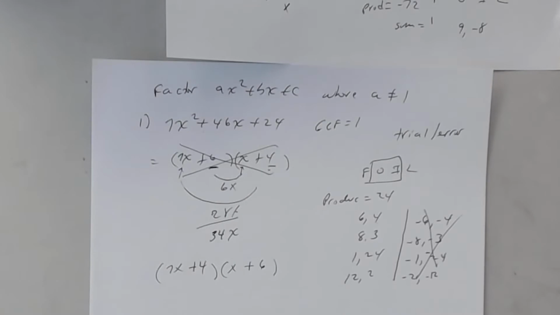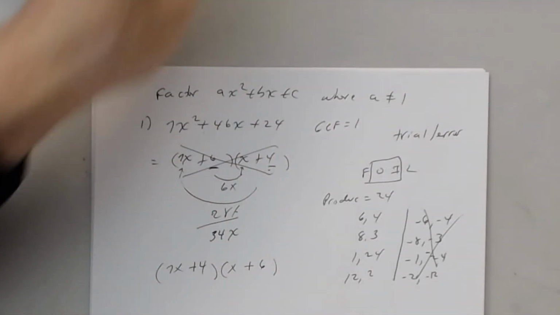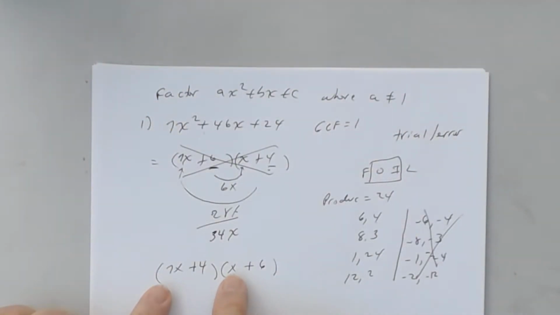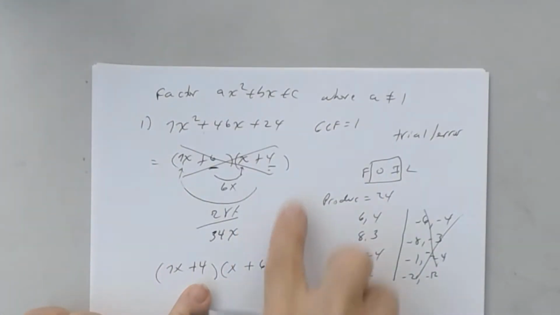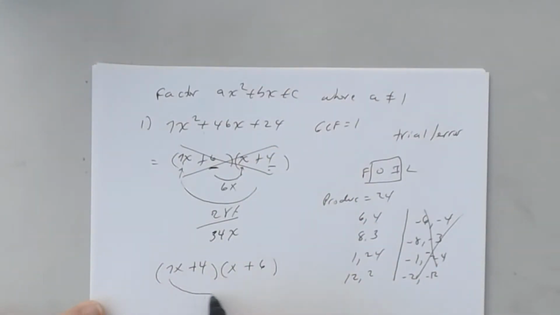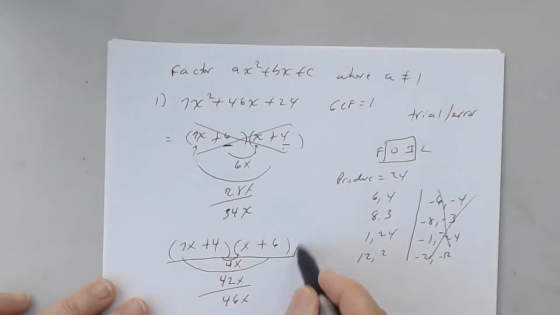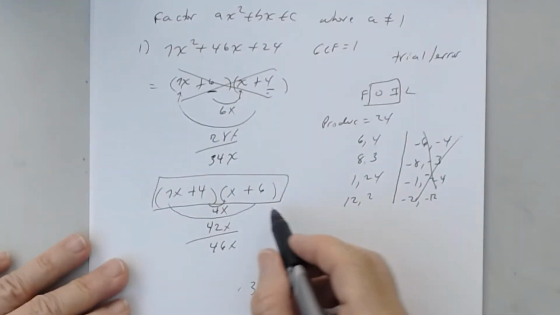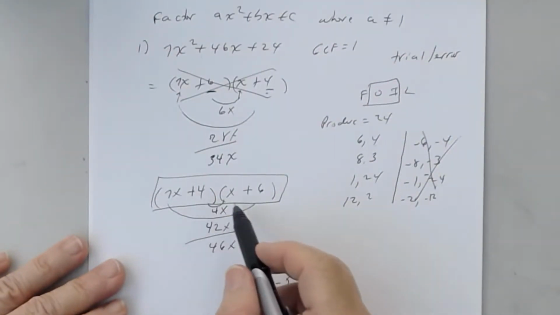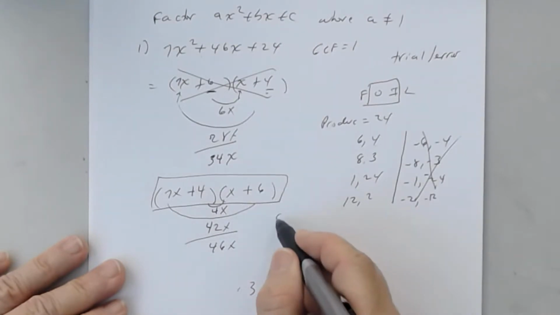Plus 6. You're still going to check what's 7x times x? 7x squared. What's 4 times 6? 24. Now let's do the outer and the inner. What's the outer? 42x. What's the inner? What do I get when I add them up? Is that what I wanted? So there's your answer. So the answer will be 7x plus 4 times x plus 6,